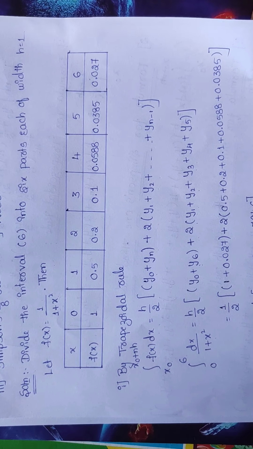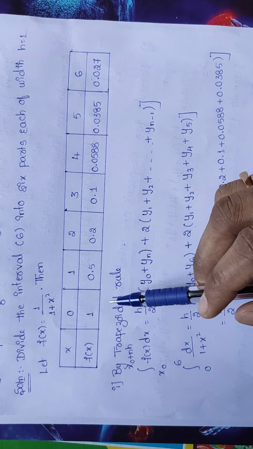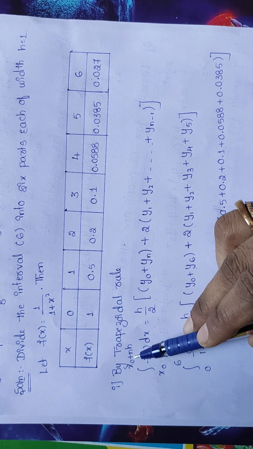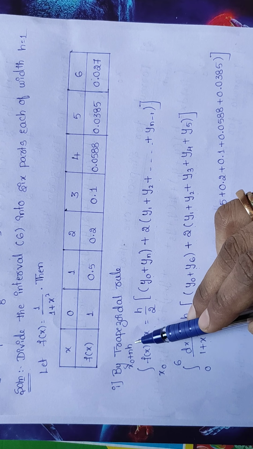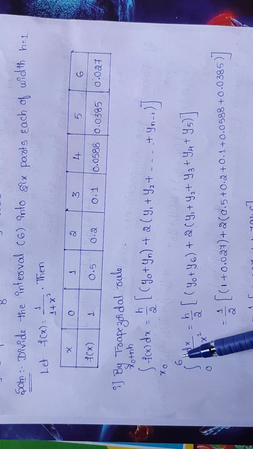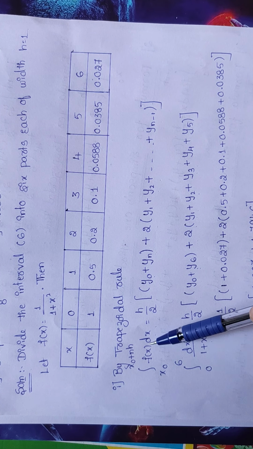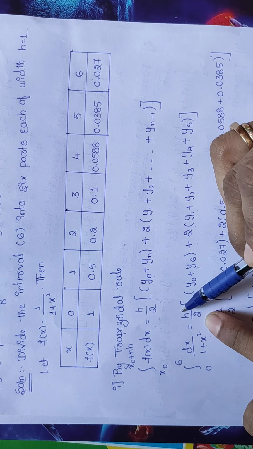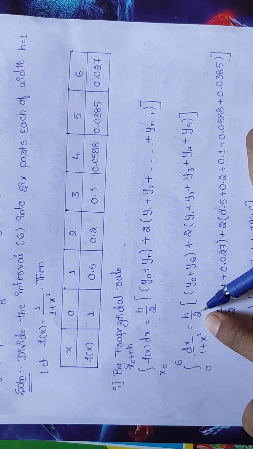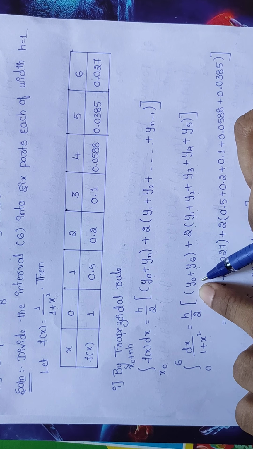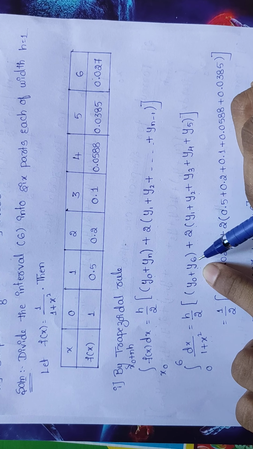So here, x0, the initial value, is 0. Substitute here 0, and x0 plus n value, we know that is 6, and h value is 1 because the width is 1. So substitute here, you will be getting 0 plus 6, so 0 plus 6 means 6. The function f of x, we know in the question is dx divided by 1 plus x square. Here h value is 1, we have to substitute 1 here. So 1 divided by 2, or h by 2, you can substitute in the front. So y naught, same thing, plus y n, we know that is y6.